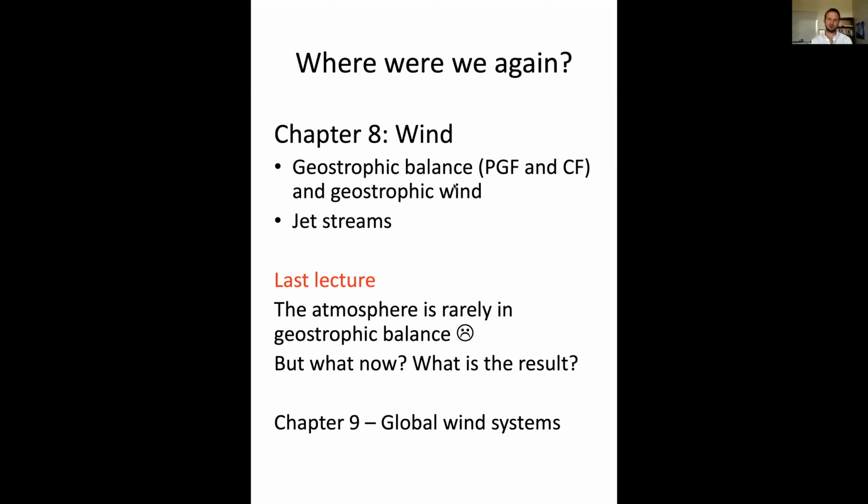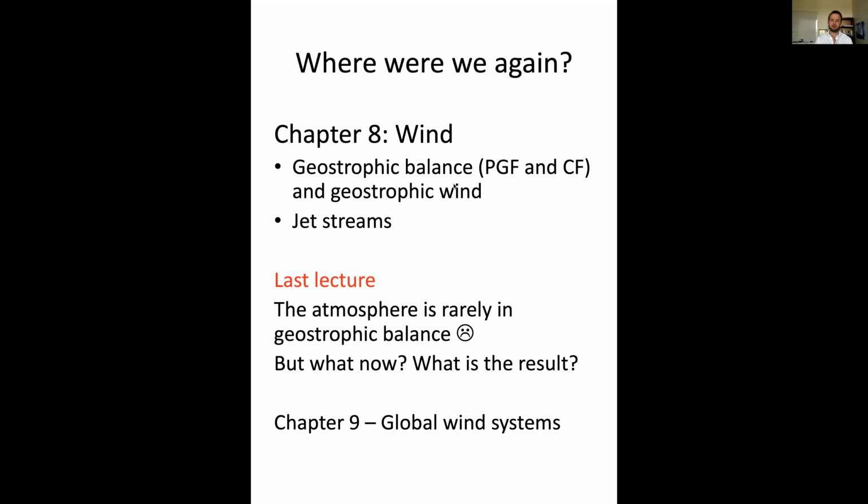Then in the last lecture, we discussed that the atmosphere is really rarely in geostrophic balance. So in upper levels, we have a balance that is the so-called gradient wind balance. Can you remember which three forces are behind the gradient wind balance? Yeah, so it's a balance of forces between the pressure gradient force and Coriolis force, but those two are no longer